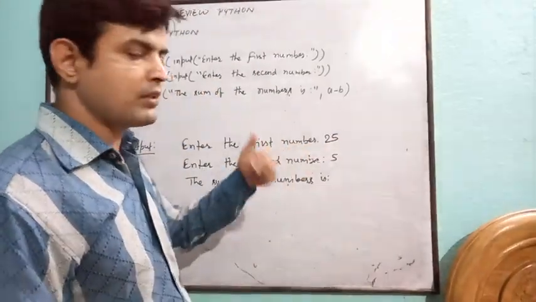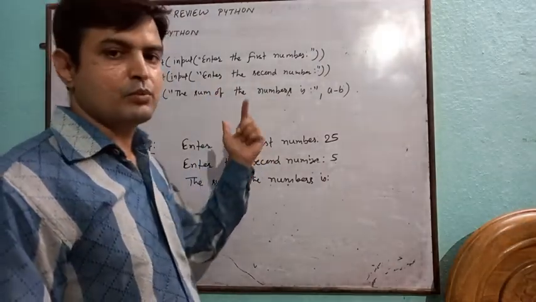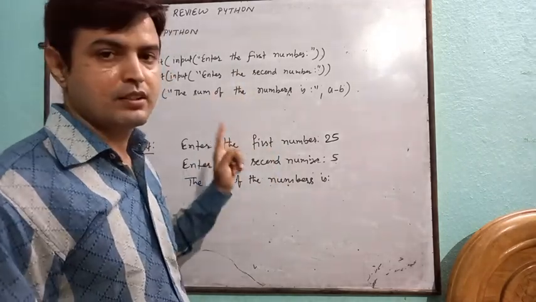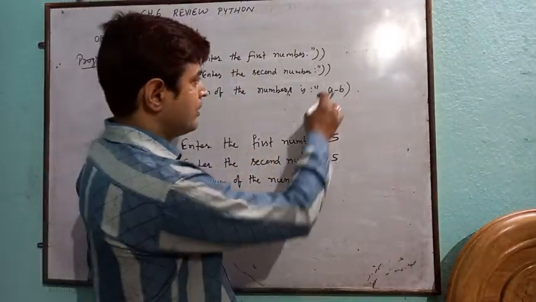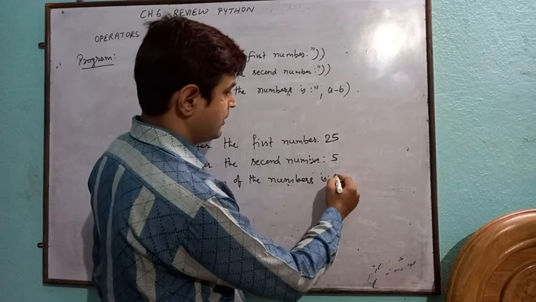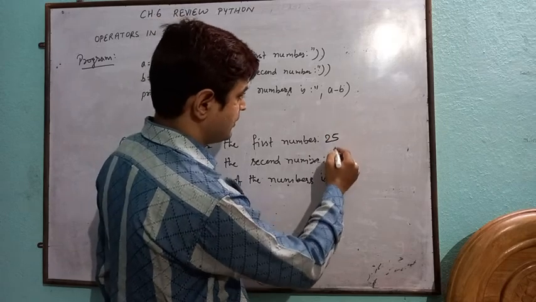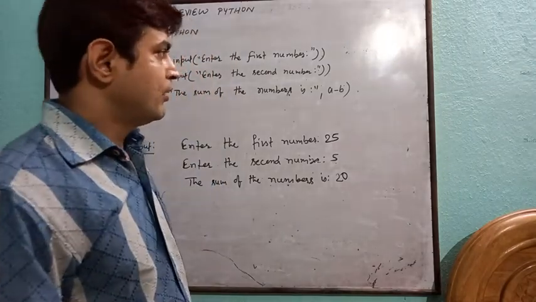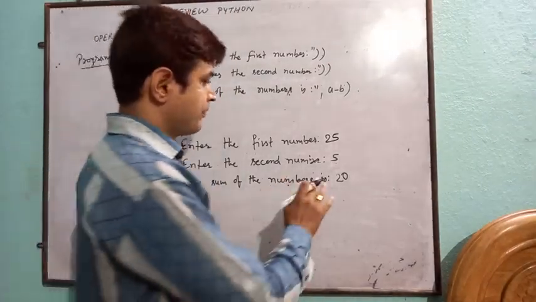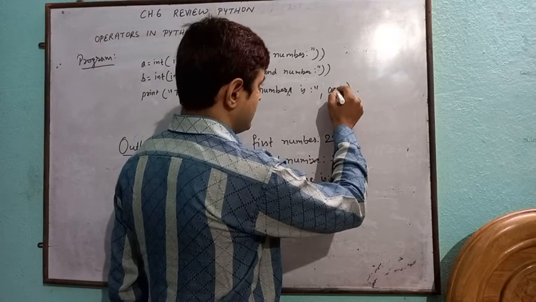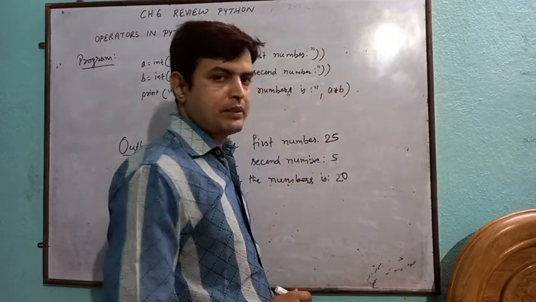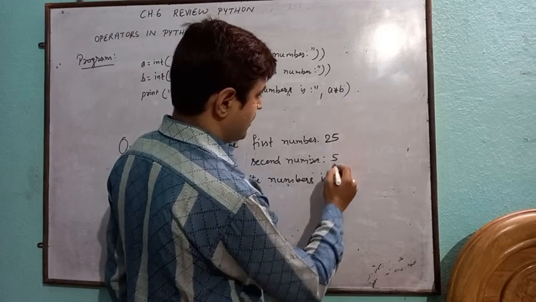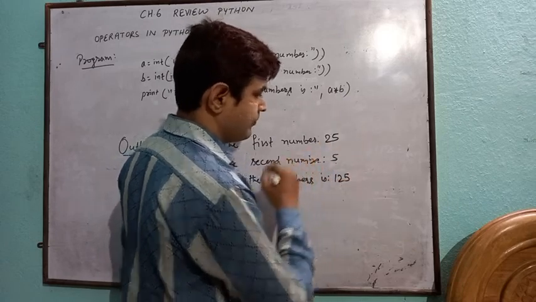If we enter the same number again, it should be treated as a second program. We will perform all the arithmetic operations with the help of this code. When we change it to minus, it will give a minus b, that is 25 minus 5, 20. We have to understand all the operators. And now when we use the multiplication operator, it will yield the value a into b, that is 25 into 5, 125.